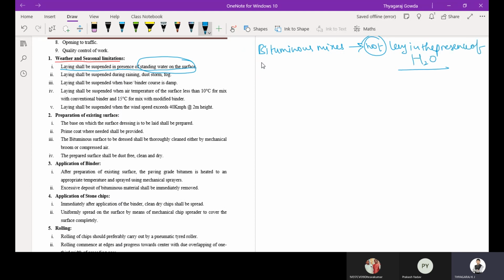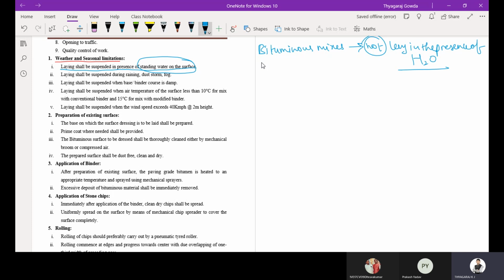Why? Because when the bitumen comes in contact with water, its property will be changed. So that is why laying of the bituminous mixes shall be suspended in the presence of standing water on the surface.